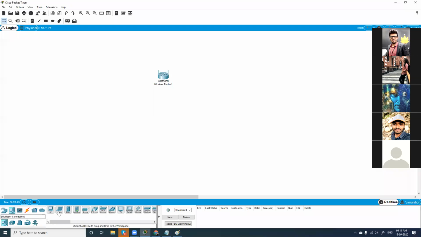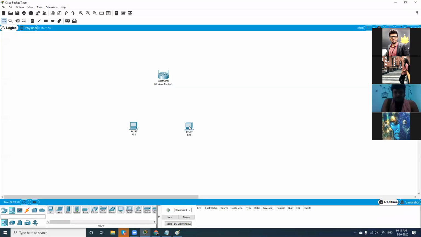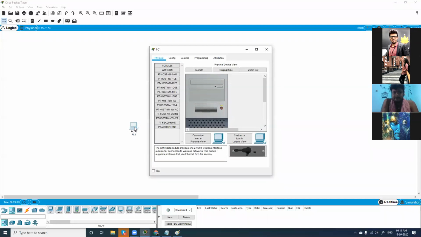We'll choose a desktop. Laptops will connect, but we'll choose a desktop here. It is obvious the desktop we are using here cannot connect to the Wi-Fi. It needs a Wi-Fi receiver. So I'll turn off my computer.